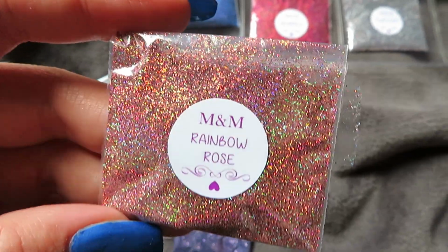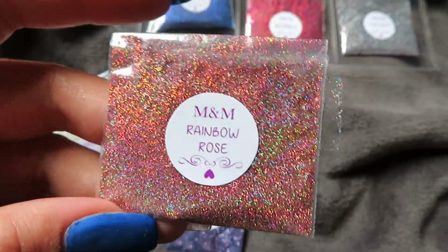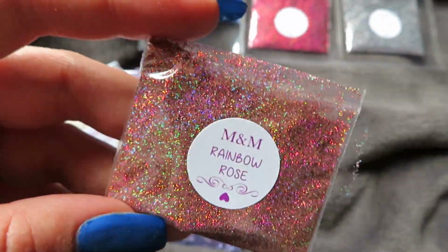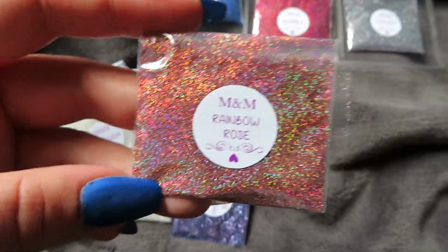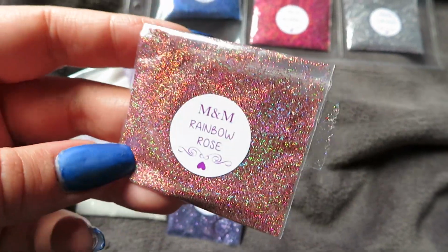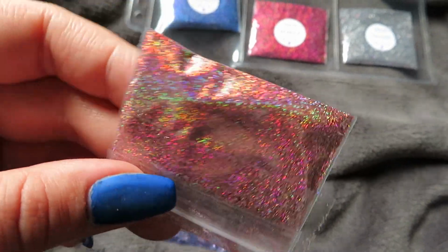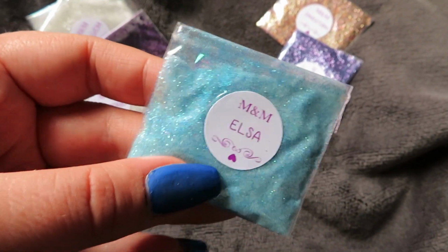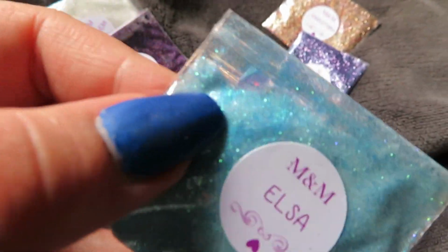We all know that cameras do not show up holographic very well, but look at that. The holographic in that is absolutely incredible, and I love this. I'm literally so impressed at how holographic that is. Absolutely stunning. And then we have this one here called Elsa, a very, very light blue iridescent, and it